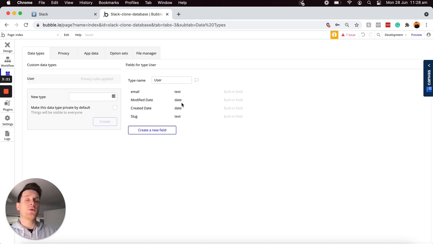One other thing I would like to note though before we move on to adding in our custom data fields and types is that you might notice here on the right hand side of our data type for our user that Bubble has listed that this has some privacy rules applied by default. Now, if you're watching this tutorial after early 2021, this is a relatively new feature that Bubble has added into